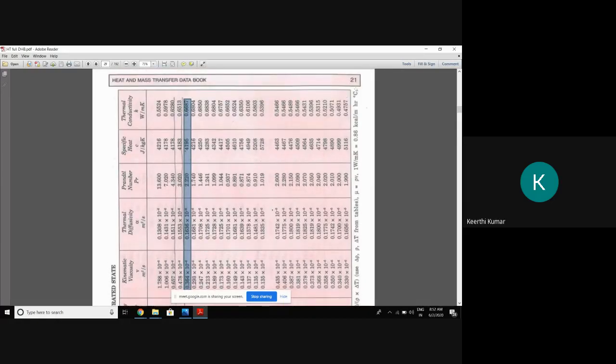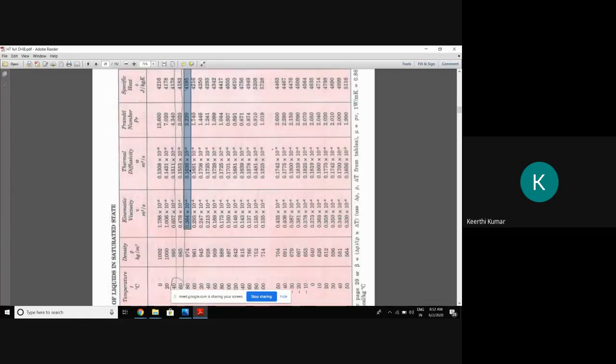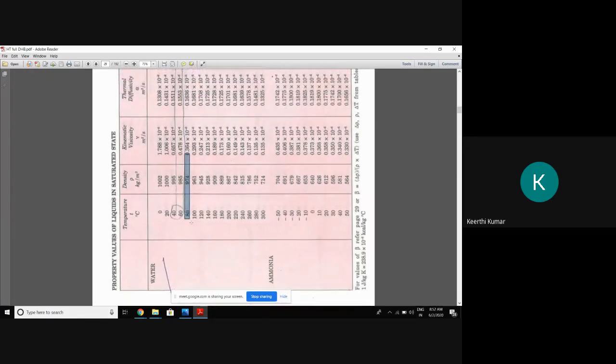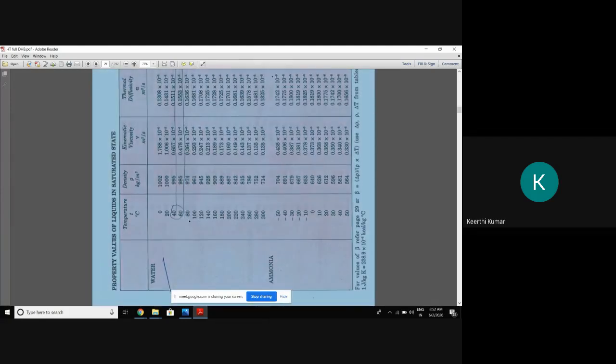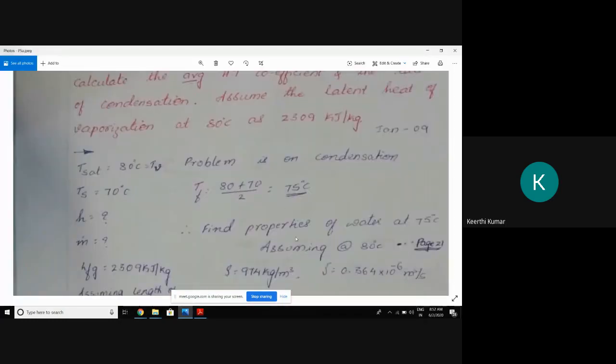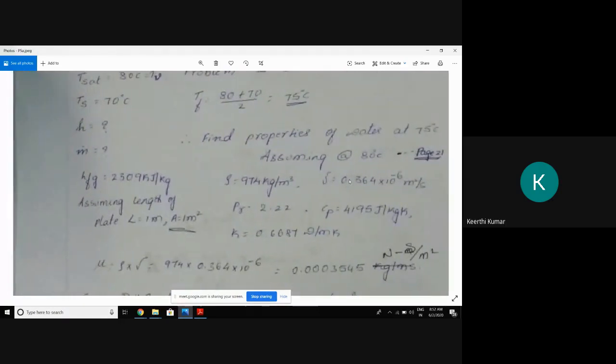That is on page number 21. Go to the data handbook, page number 21. At 80 degrees centigrade, but we are supposed to take at 75, remember. Because 75 is nearer to 80, I have taken it as 80 degrees. But you have to interpolate and get the values of all the properties. So once that is done, what are all the properties? See, these are all the properties you have to check. Density, kinematic viscosity, Prandtl number, specific heat, thermal conductivity. These properties you are supposed to take from the data handbook at a temperature of TF. TF is nothing but fluid temperature. At that temperature you are supposed to take.